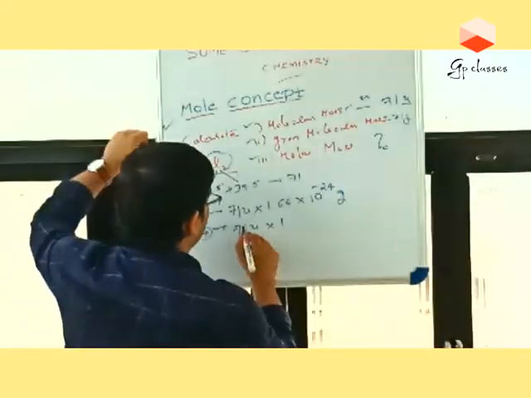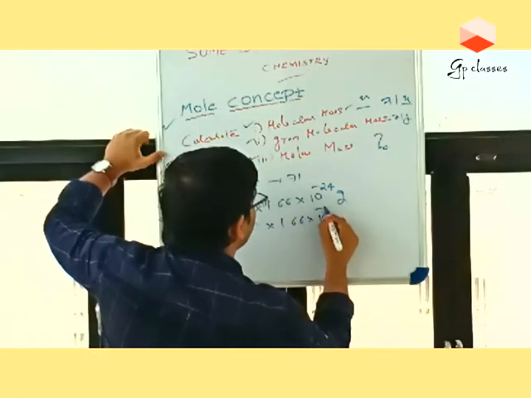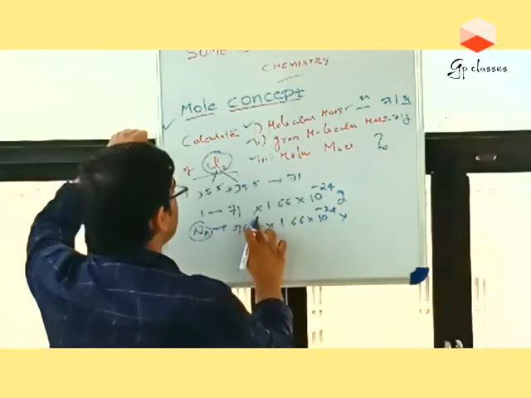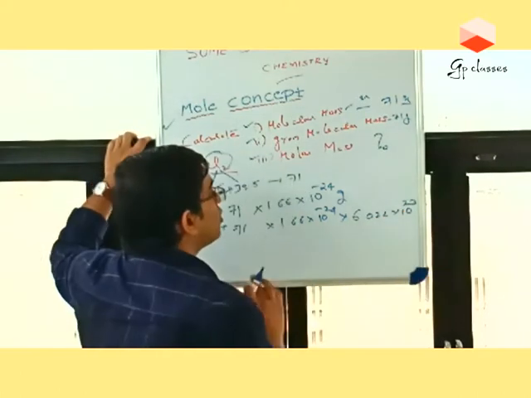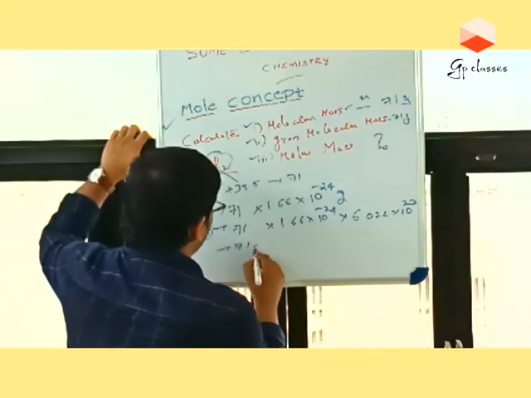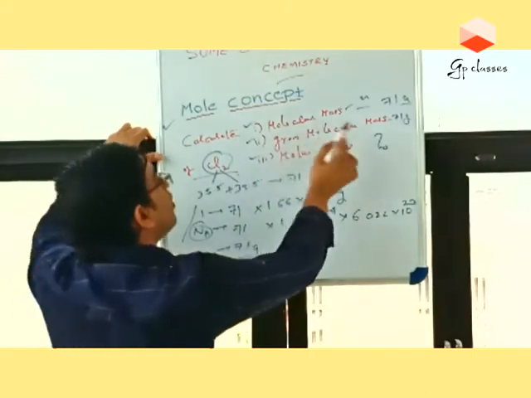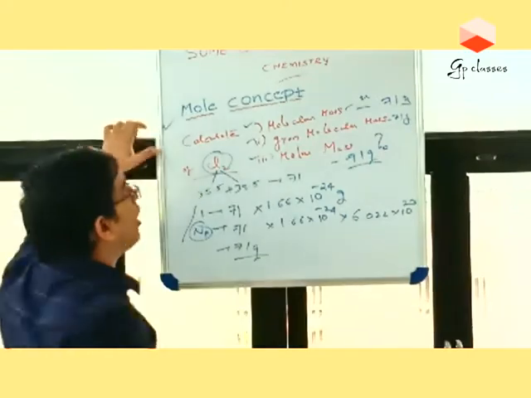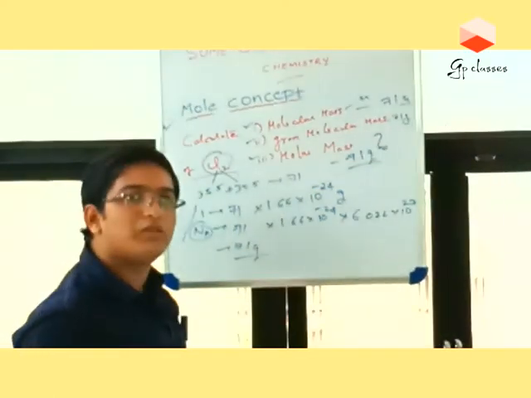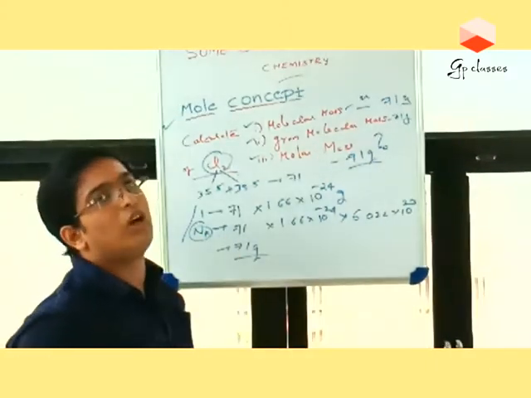You got it in grams, and you are now asked to find it for Avogadro number of molecules. What will be the mass if it has Avogadro number of molecules? You know it as 71 into 1.66 into 10 raised to minus 24 into 6.022 into 10 raised to 23. So if you do the calculation, you will get 71 grams. So basically, we got molar mass equal to gram molecular mass again. So we can directly write molar mass is 71 g. Actually, you don't need to do this calculation. You can simply change the unit and write, because gram molecular mass is simply equal to molar mass.